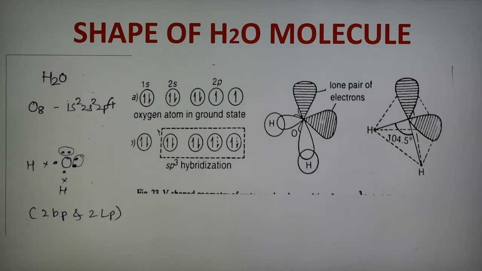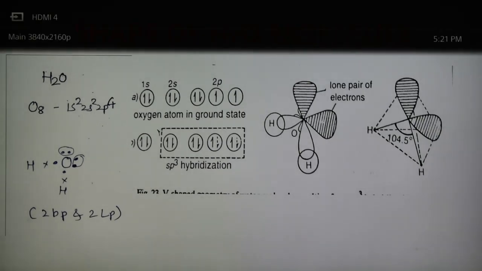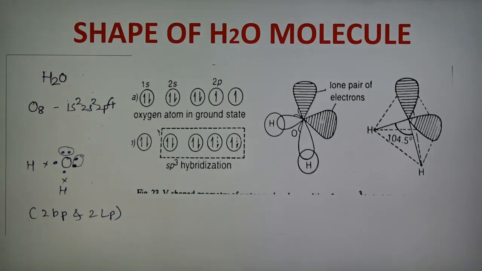So in case of methane, ammonia and water, they have 4 electron pairs, but the number of lone pairs increases. In case of methane there is no lone pair. In case of ammonia there is 1 lone pair. In case of water there are 2 lone pairs. So as the lone pair increases, the bond angle decreases in the molecule. So these are the 3 examples having sp3 hybridization and also having 4 electron pairs.